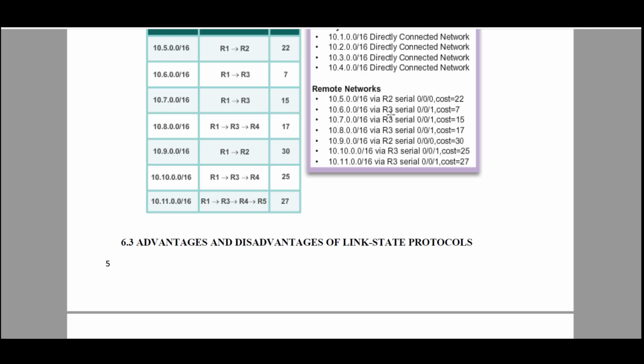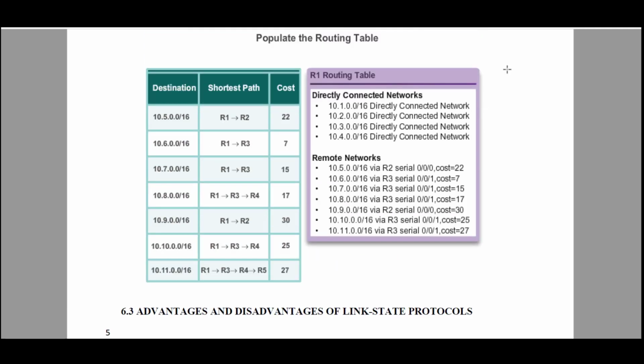Link state routing protocol is going to consume more resources. It needs more memory, it needs more bandwidth, it needs more CPU, because a lot of calculations it is going to do. All the 6 steps, if you want to do them, definitely it is going to be a time consuming process. It needs hardware, that means resources, like CPU, RAM, network bandwidth for exchanging the packets. So this is going to be the disadvantage.